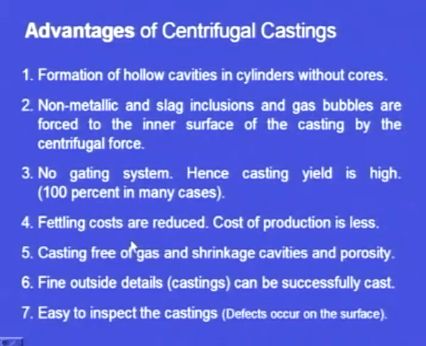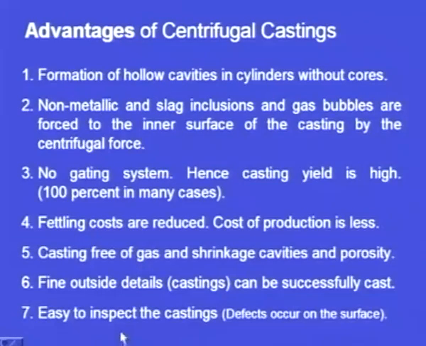And in the case of the other process, we used to cut the sprue, we used to cut the runner, we used to cut the riser. So, this is known as the fettling process. This increases the cost of the production, but here in the centrifugal casting process, there is no sprue, there is no riser, there is no gating system. So, no fettling process. So, the cost involved for the fettling process is 0,